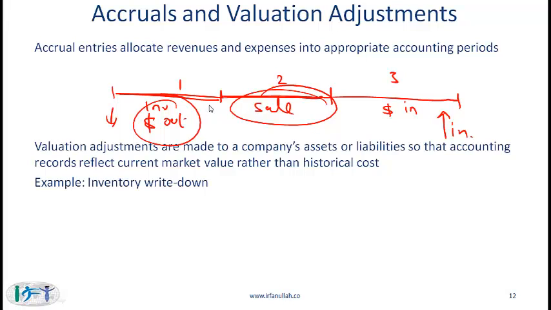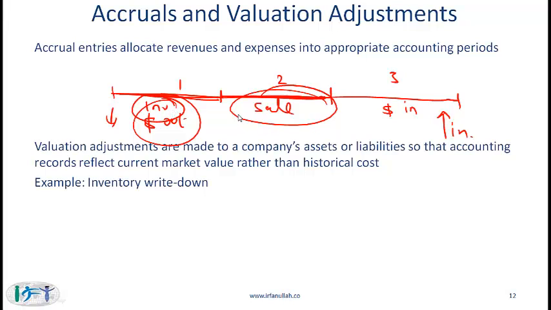With accrual-based accounting, we recognize the revenue in the second period because that's when the product was sold, and the expense is also recognized in the second period because that is when the product was sold. And the way this happens is as follows. In the first period, when the inventory is purchased, we do not show an expense on the income statement, but